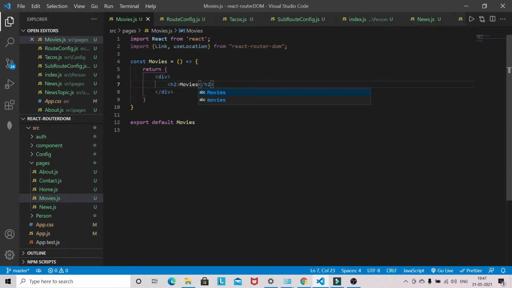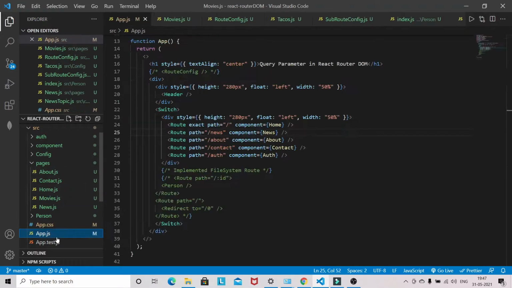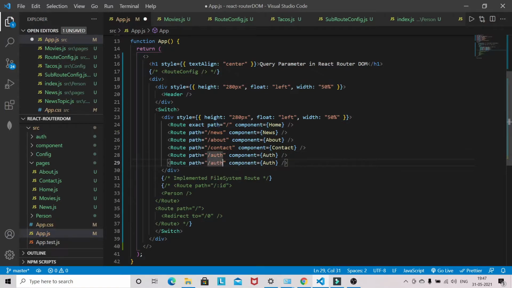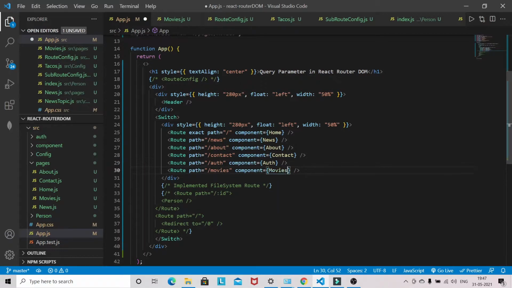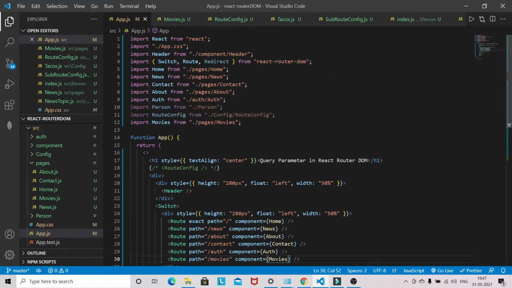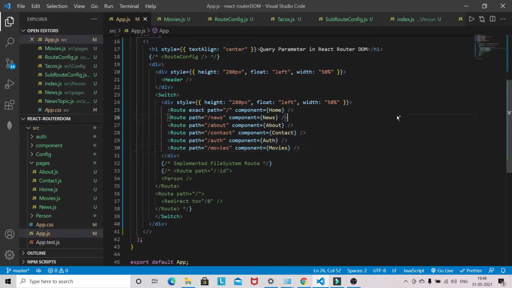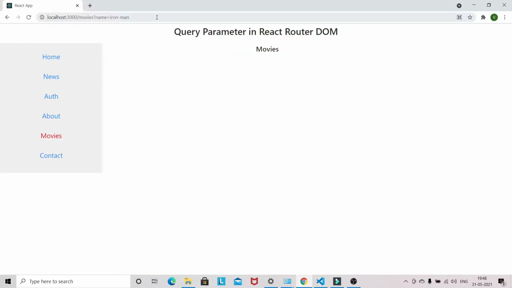I will first register this route here, so this will route me towards movies, and VS Code automatically imports. If it's not imported automatically in your case, then you have to import it manually. So let's come here and you can see movies here. Okay, we have movies.